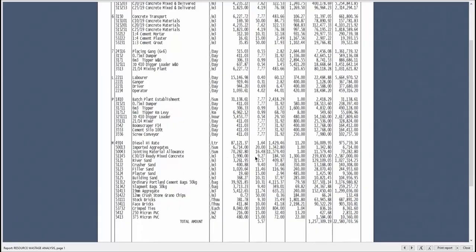I've got an average wastage of 9.2%, which equates to 184 cubes at 1,300 per cube. So that's a total of 239,000. So that could have a big impact on my bottom line. If I can minimize the wastage, that could then become potential profit.